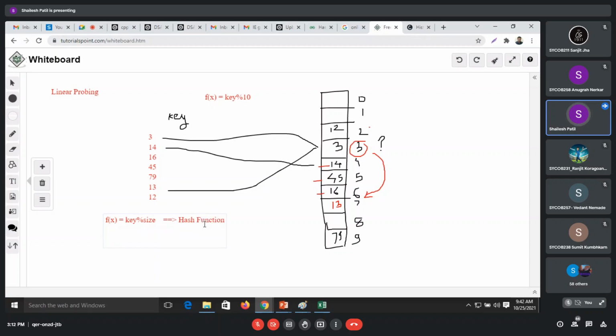Now, if there is a collision, then I will make index equal to f of x plus f of i.